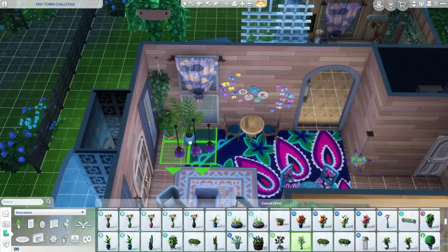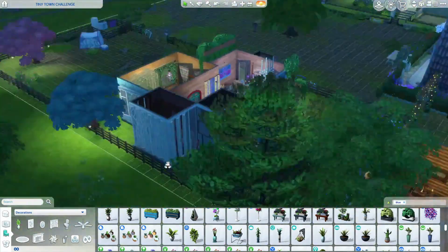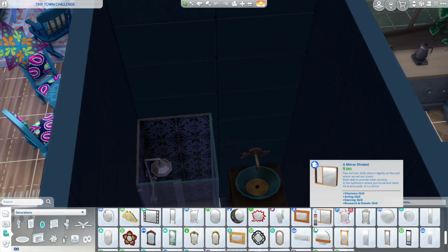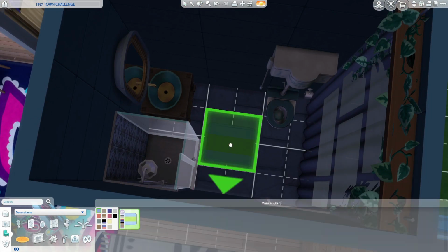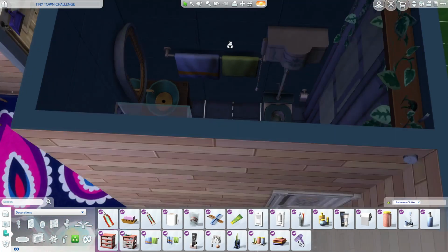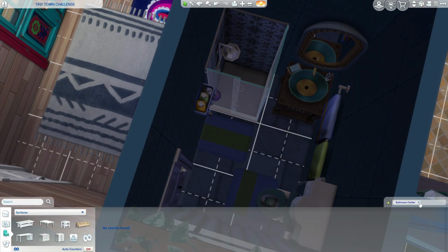So then I'm moving to kind of the outside, kind of the inside, putting plants everywhere. And even in the bathroom, putting in some clutter. I realized the other day that when I'm playing, I don't actually put clutter in rooms, especially bathrooms. I mean, my Sims are lucky if they get a mirror. The only reason I make sure to put a mirror in places is so that they can change their clothing